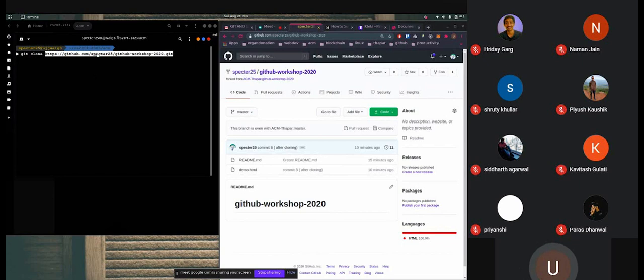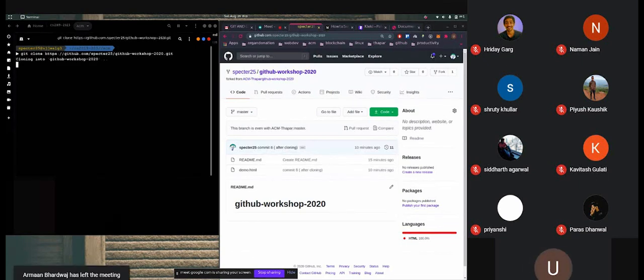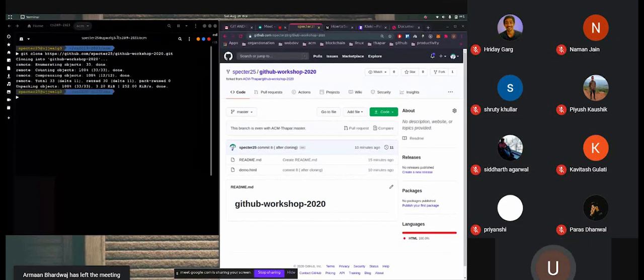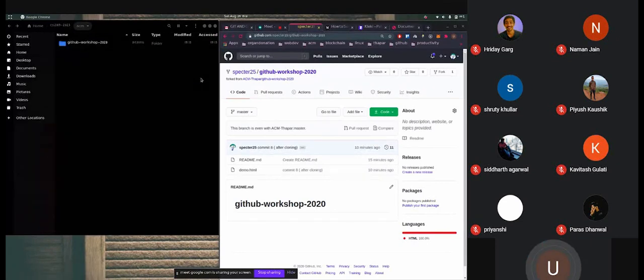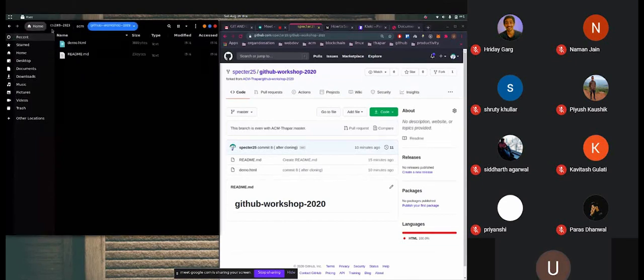I will use the command git clone and I will paste the URL. See, now the URL has Spectre25, that is my GitHub username, and the name of the repository. So now what I have done is I have cloned a forked repository.